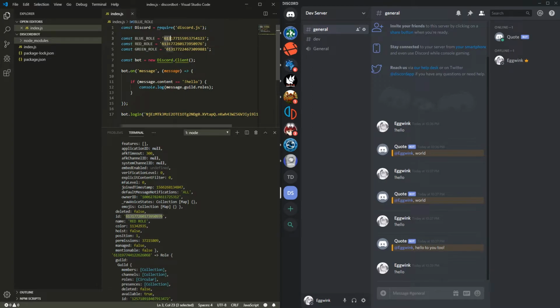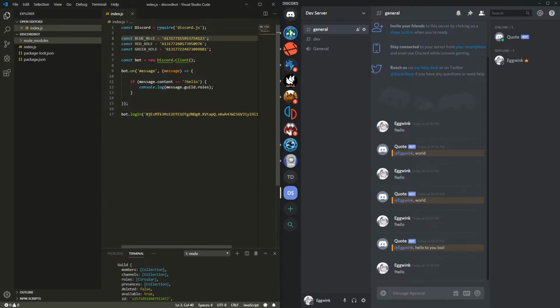The beginning of these numbers is pretty similar too, so it'd be so hard to memorize those. Okay, so now that we know what the computer sees these roles are, and we've assigned them to variables, now we're on the same page with the computer basically. So we're just going to make 3 commands to assign the blue role, the red role, and the green role. So role blue,